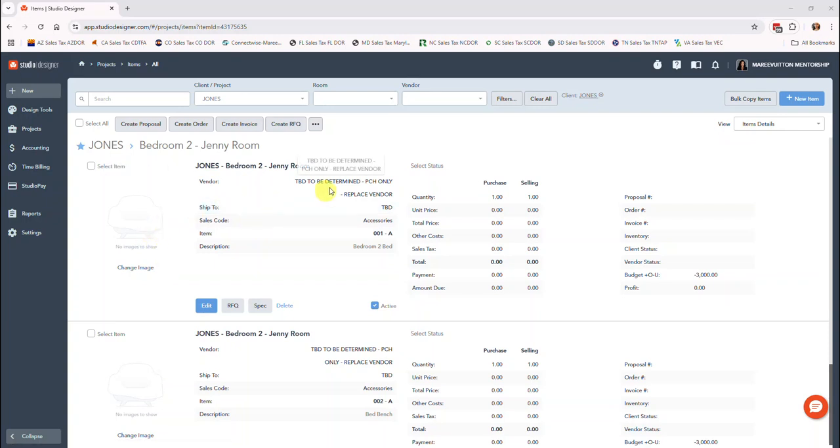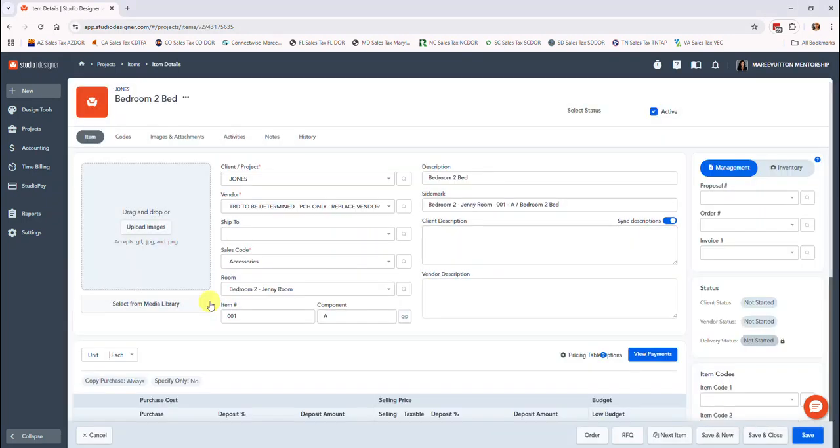Okay, so right now, us setting up this item is kind of taking it, this is what we're going to take through should this item get approved, right? And if it doesn't, we're going to give them other options until we figure out what it is that they're going to go ahead and approve. So from there, we're going to go ahead and edit this particular item, which is the bedroom to bed. Okay. And now I'm going to go ahead and